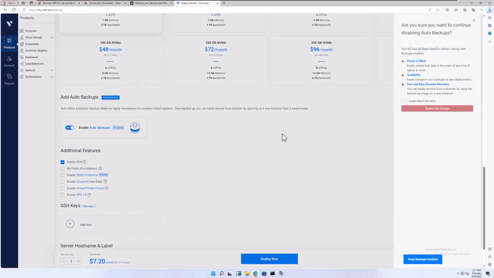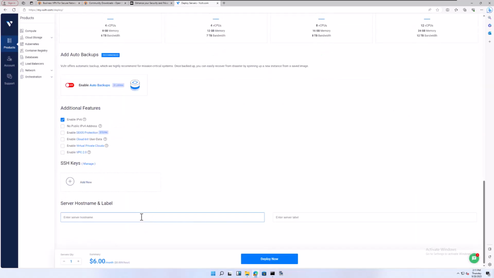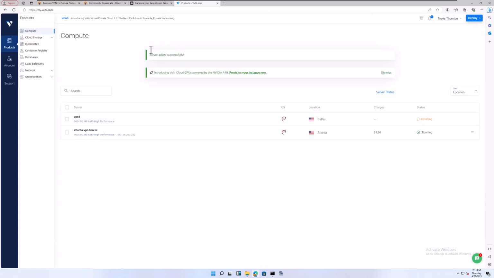We don't need backups. And we're just going to call this VPN1. Let's do a deploy. And we will let that run. So the next step too, once this deploys, is we're going to use an